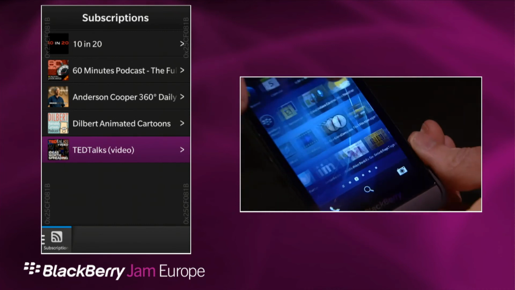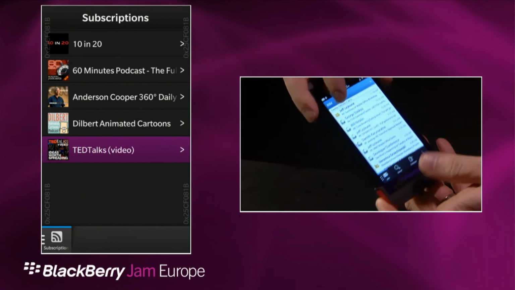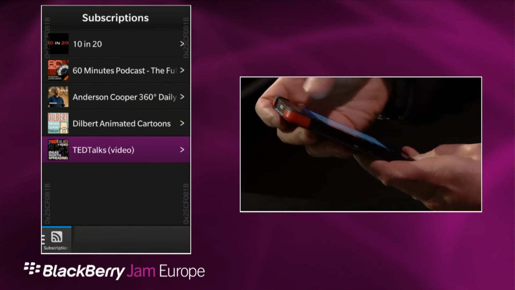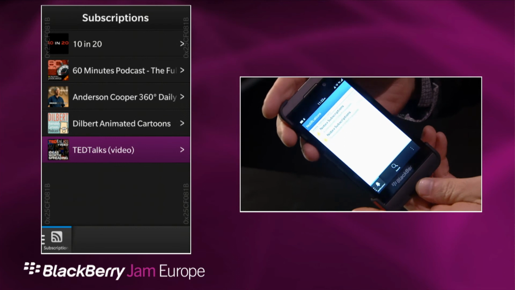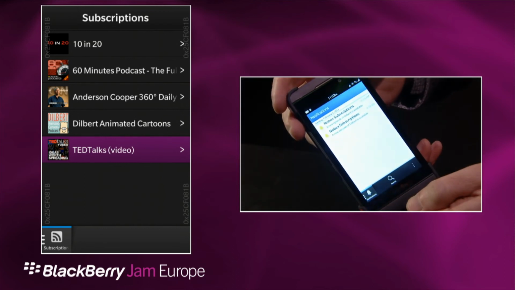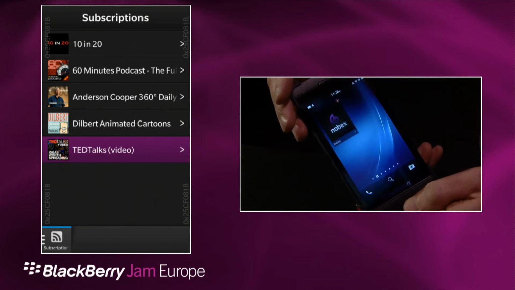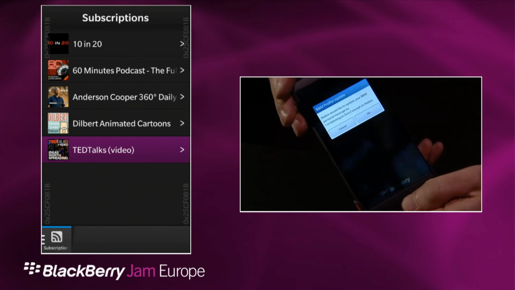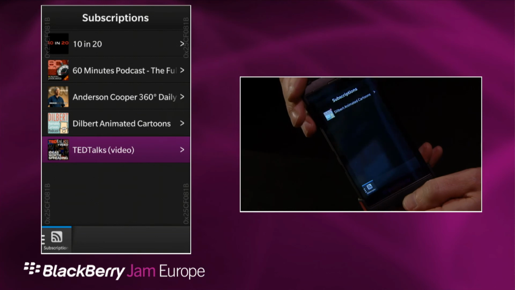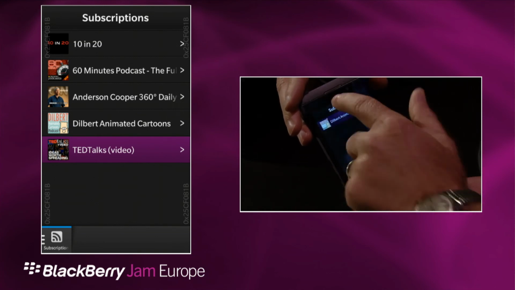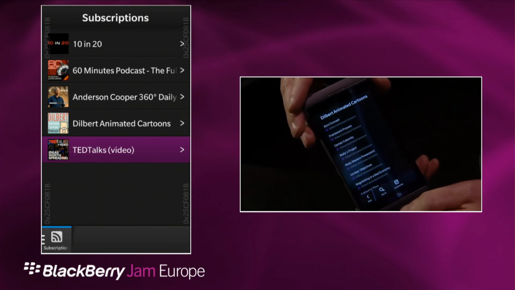That means if you look now at your Hub, you should see notifications. Bring up my notifications. Right. So you see, we sent you a notification that there's a new Dilbert show. You click on that, you click more, and you're back in the app, directly into the new Dilbert episode.